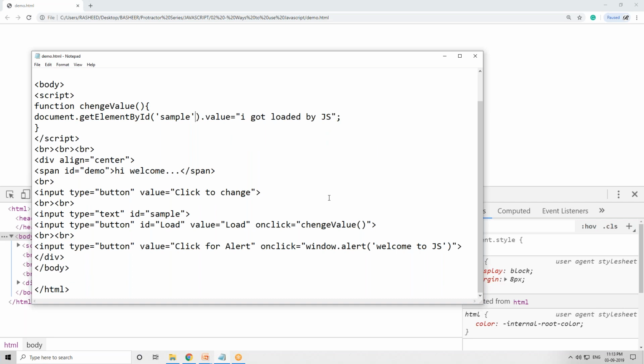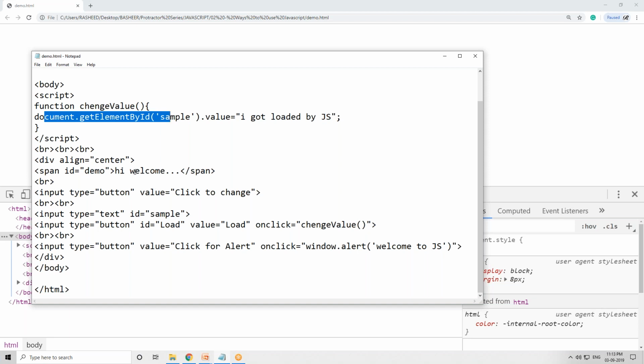Okay, so like this you can. What JavaScript does is it takes the browser completely into its control. Every event it can trigger, it will do everything, guys. That much powerful, that much capability JavaScript has. So many things you can do, but at a basic level I'm just telling you that this can be done. Okay, so this is how you can